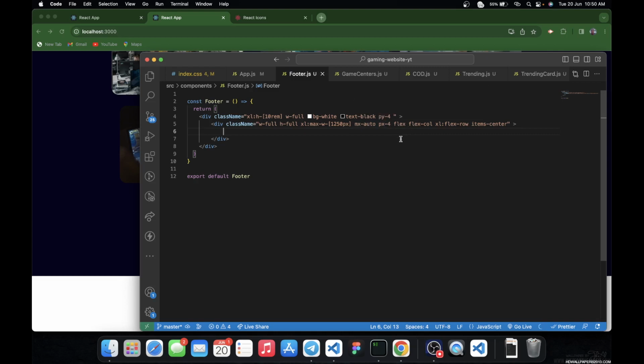Now this flex column is going to happen when it's on a mobile device, right? When it's on a smaller screen view. But then on larger screens, which is the XL breakpoint, the flex is going to be row. It's going to be on the sides of each other, and items will be center, like so. Okay, so the next thing is to add this div